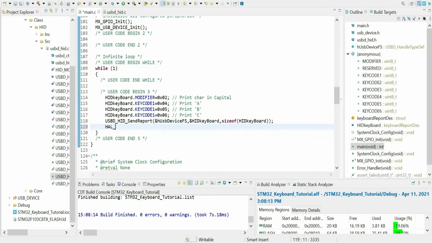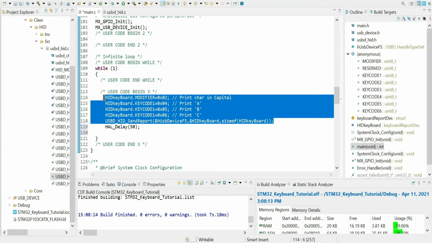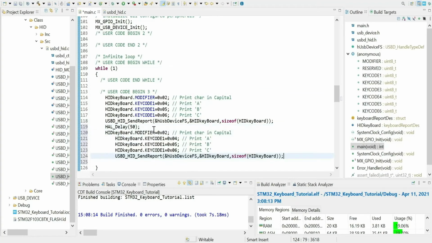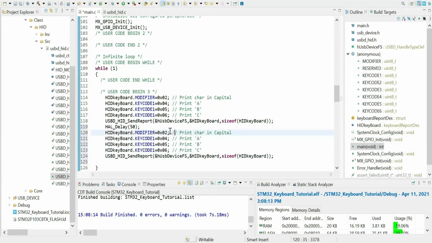Write a delay of 50 milliseconds for press key. Then we will send all as 0 for release the key.